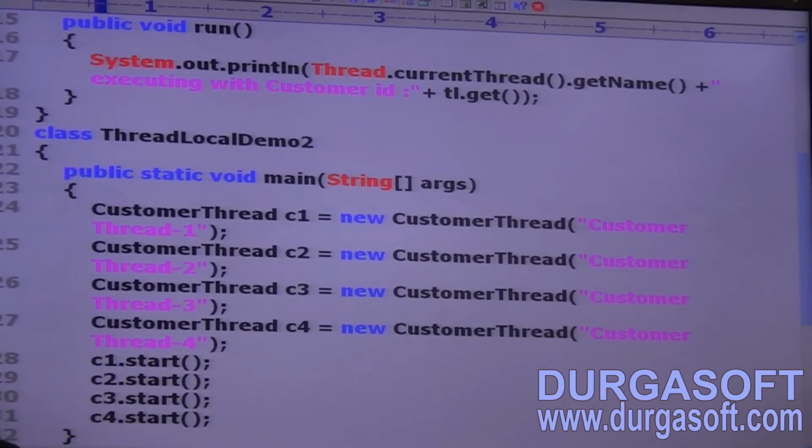So we can configure a name for every thread. Completed, right?